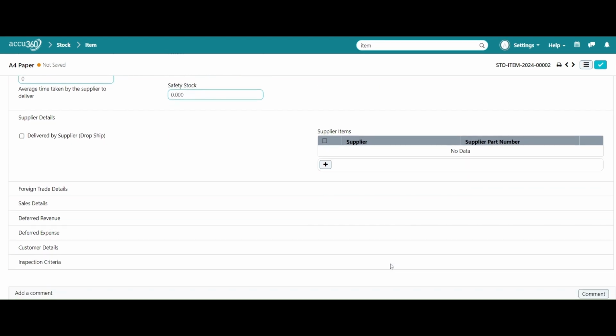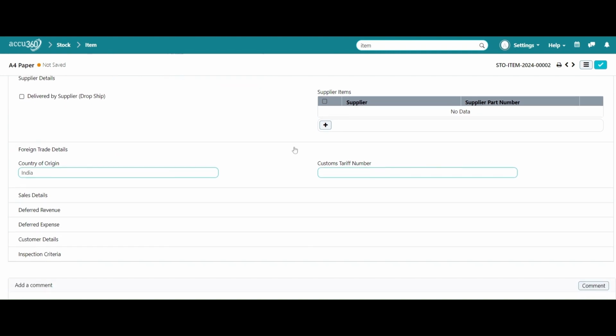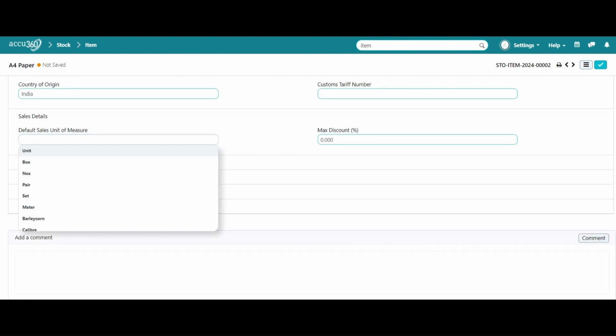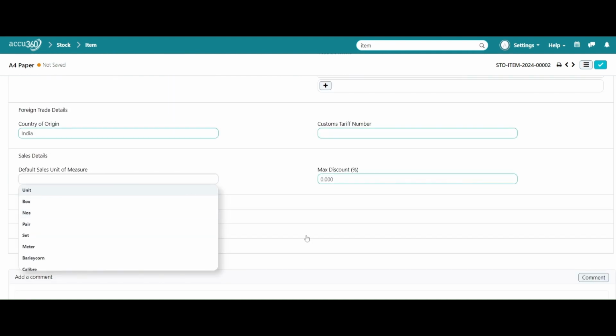Then we have the next option, which is foreign trade details. Okay, if we are doing any foreign trades like export and import, then we have to add the custom tariff number also here. Then we have sales details. Okay, so we can also configure the default unit of measure for sales, which we have already mentioned here, that if we purchase a box or carton of tape and we are selling only one by one tapes to our customer. Okay,